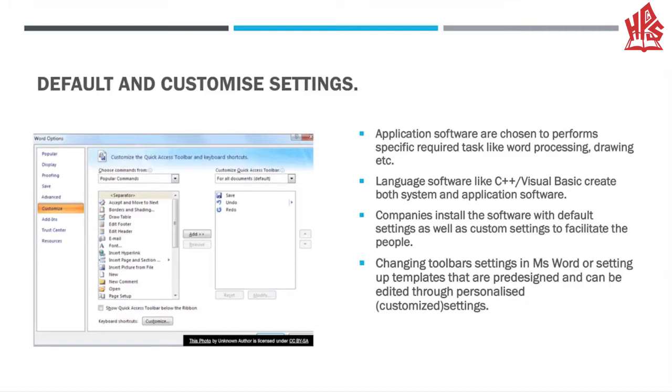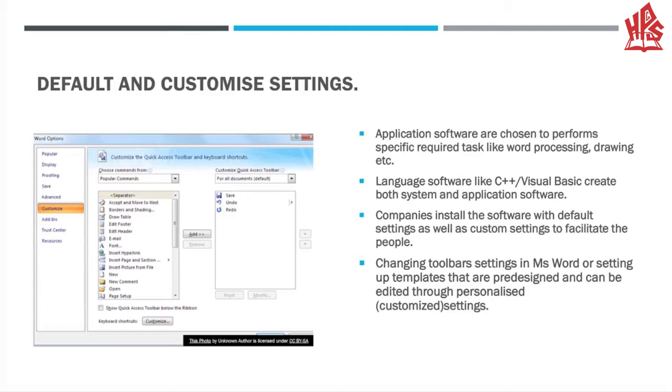Now, as you go further reading the paragraphs in your book, you will come across a term called default settings. Default settings are basically the settings in the application software which are company installed, keeping in mind the common needs of the general public that they will come across using that particular software. It can include the types of fonts a user might want while writing a document. If a user requires more options than that, those options can be shown in the menu, or similarly, in which formats the user requires to save the file are also available. We can anytime change the default settings by choosing the customized settings or personalized settings.